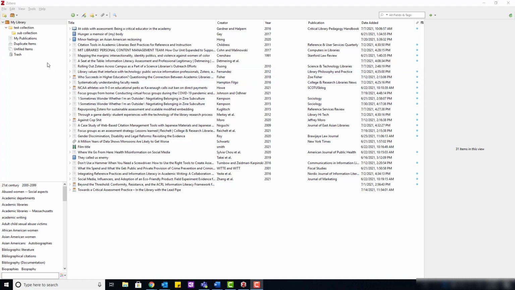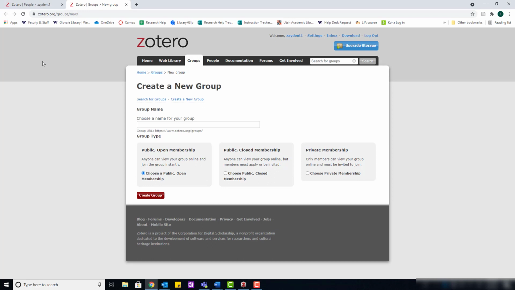In order to create a group library, go up to the top left corner and click on the New Library button. And you'll want to click on New Group. So we were redirected to zotero.org to create our new group. So this is why the online account is essential for any sort of collaboration. So you can name your group here. So group